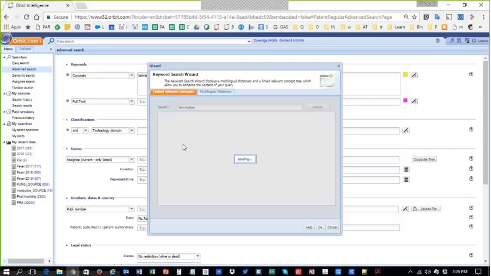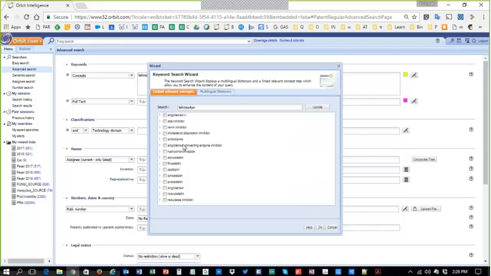So you can say, okay, telmisartan, I'm interested in process patterns, I'm interested in dosage patterns, I'm interested in a particular area itself. It's an angiotensin, so I am interested in a molecule which is angiotensin itself. I can choose this kind of area if it is also used as a renin inhibitor. I'm not interested in angiotensin, but I'm interested in a renin inhibitor, and in renin inhibitor itself, I am interested in a specific area, not the entire class of renin inhibitors. So telmisartan combined with all the classification and different concept-related areas